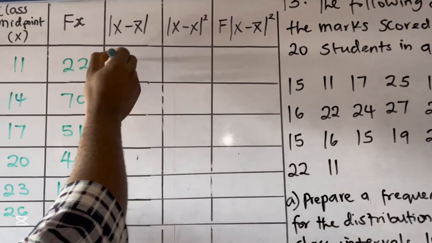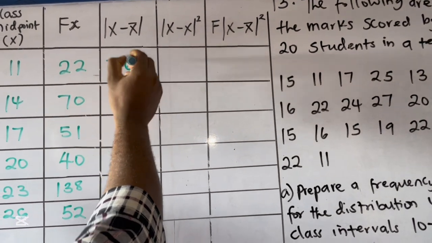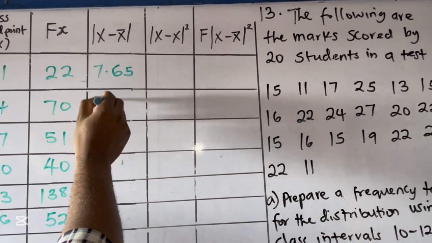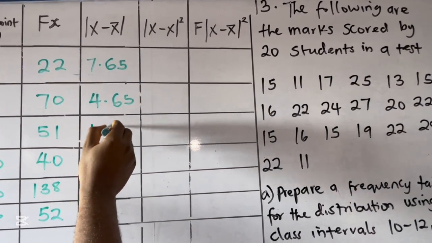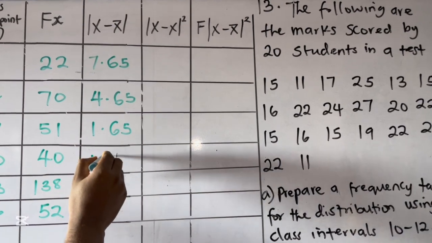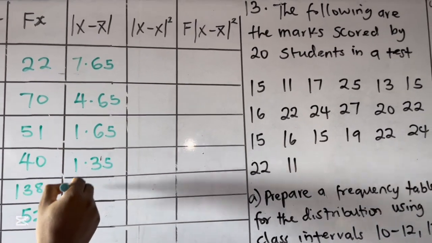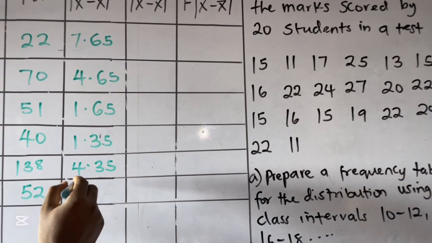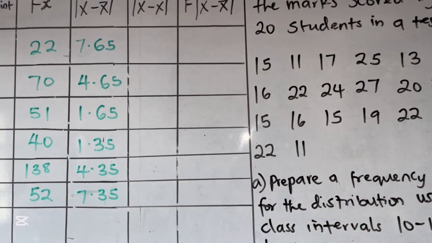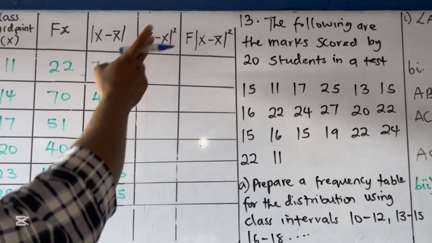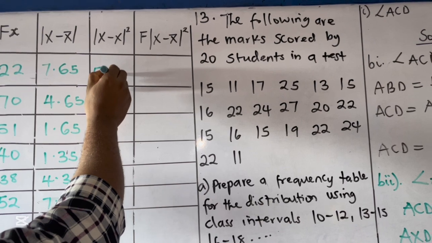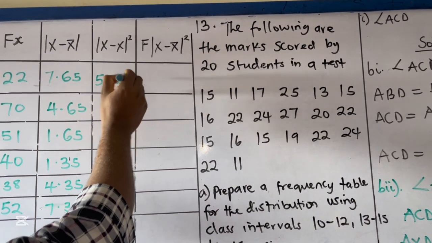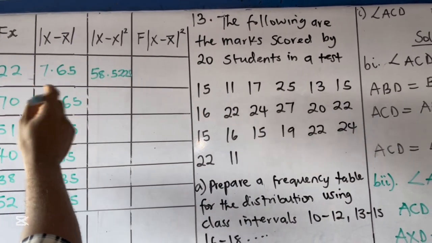Alright, so now we subtract the mean from each midpoint, x minus the mean. We have 7.65, 4.65, 1.65, 1.35, 4.35, 7.35. So 7.65 raised to the power of 2 is 58.5225. 4.65 raised to the power of 2 gives us